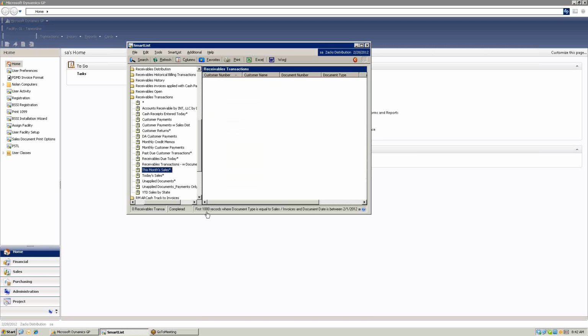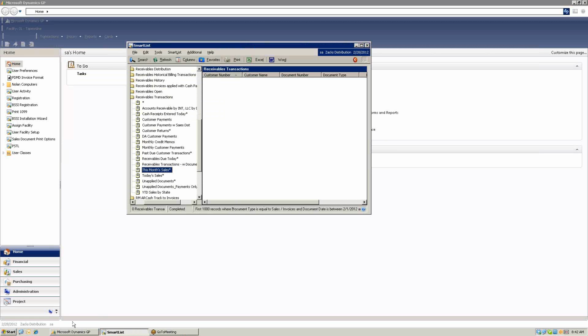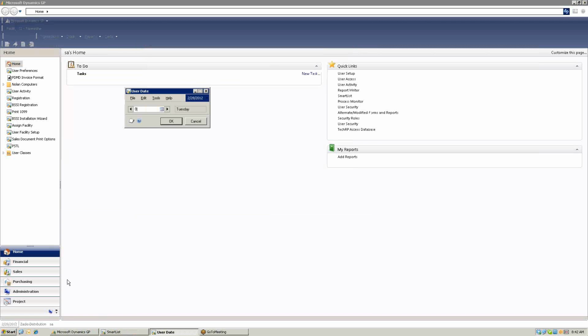They're already set up. If you guys are running a report, the criteria that you're searching on is also at this bottom part right here. So it says first 1,000 records where document type is equal to sales invoices and document date is between 2/1/2012 and 2/29, because it's set up as beginning of month and end of month. Where that month is coming from is my system date down here. So if I change this to 01/31/12,